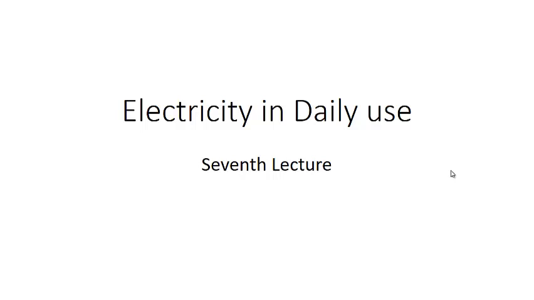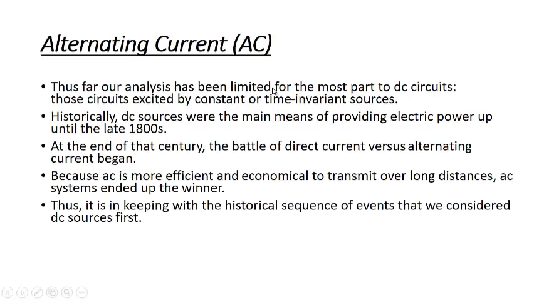In the seventh class, we'll discuss alternating current. Until now, we've been discussing circuits which were excited by constant or time invariant sources. It was because in the beginning, DC sources were the main sources which provided the power until late